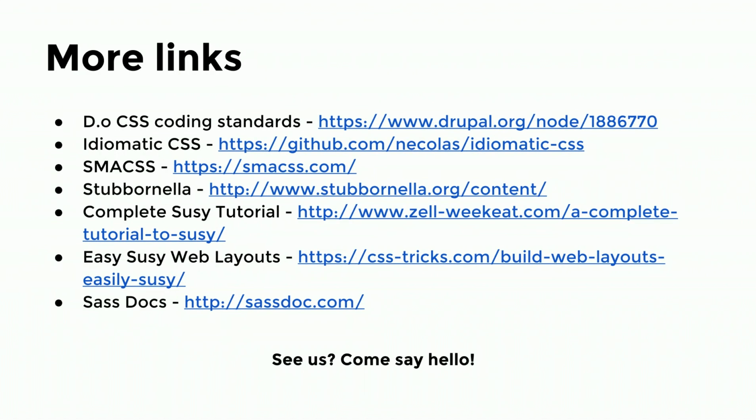So a few more links. The Drupal CSS coding standards is the new one. So that's D8, and the old ones are garbage. Don't go backwards. The D7 CSS coding standards were just all over the place, and they're not well documented, and they didn't have any basis in the community, and they didn't do any research for them. Someone was just like, write it this way, and it was all wrong. But the D8 ones are all industry best practices at this point. It's a really good documentation section. I was very happy to see that.